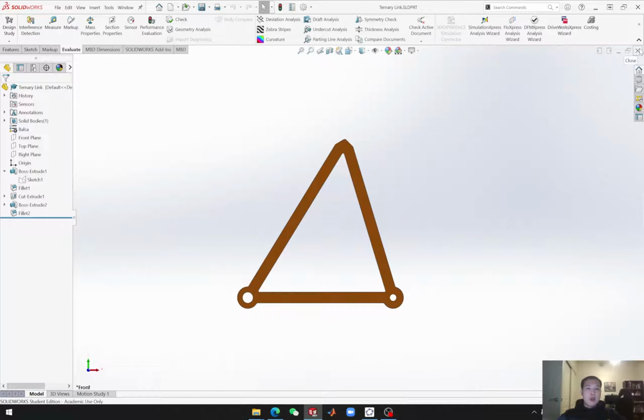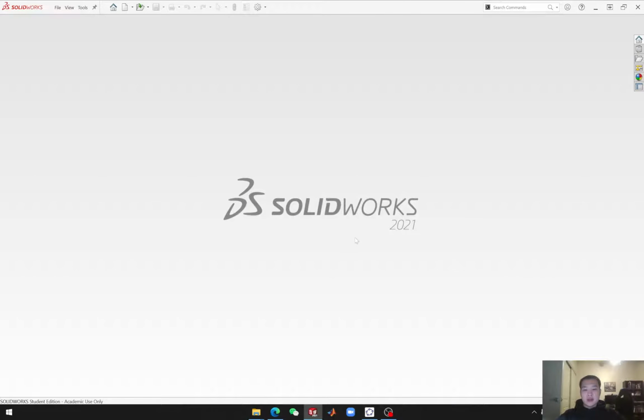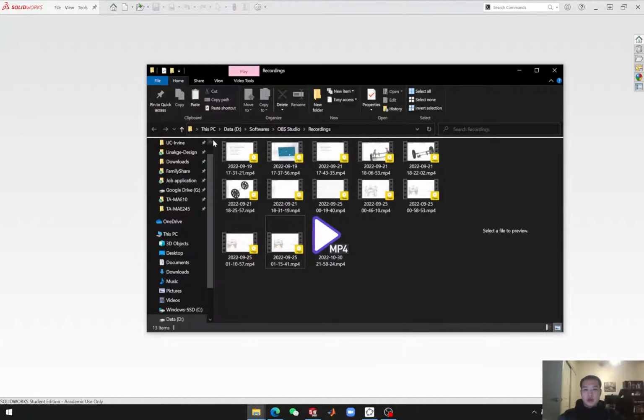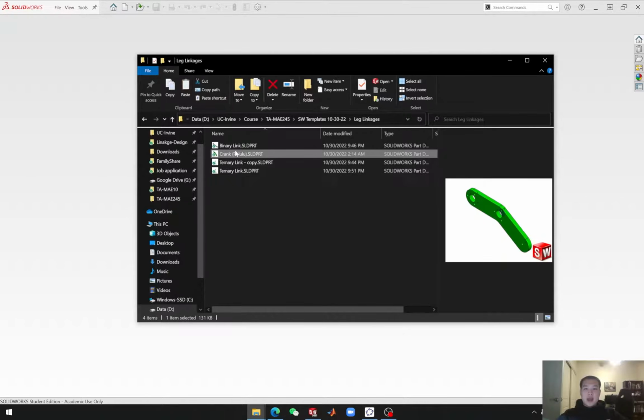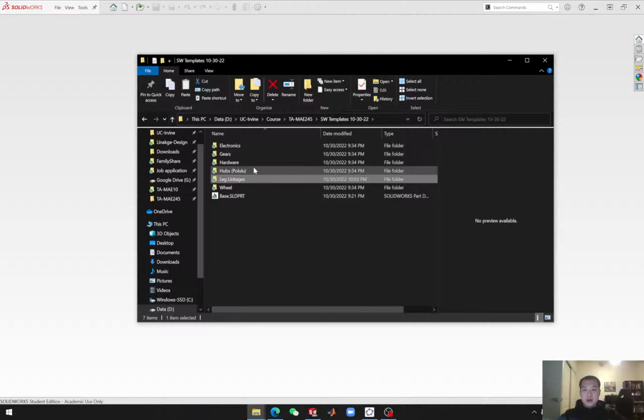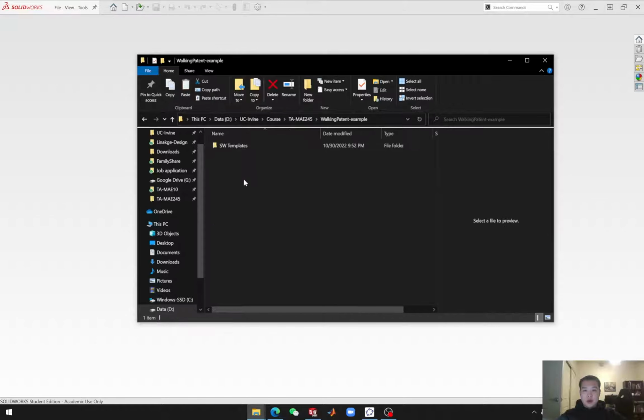Okay, so make sure you change the size and the geometry in those parts, and I'm going to show you right now what I did for this walking pattern